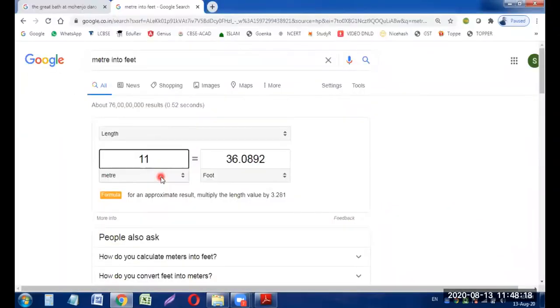Let me convert that one also with the help of Google. You can see 38 or around 39 feet. It was 39 feet in length. My God, a great one. And 7.01 meters in breadth. You can see that is around 23 feet in breadth also. So really that's why we are calling it a great bath, because it is huge in depth, in length as well as in breadth. It is huge all around. That's why we are calling it a great bath.